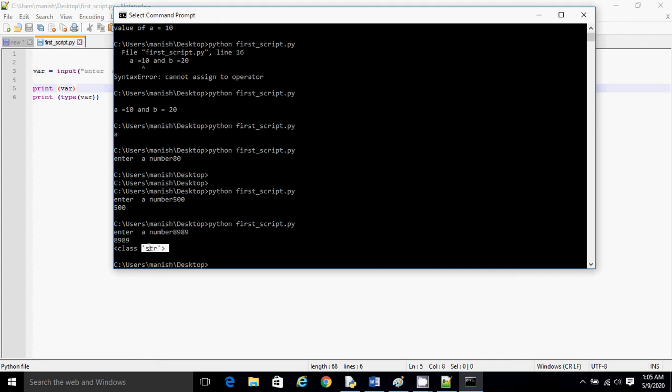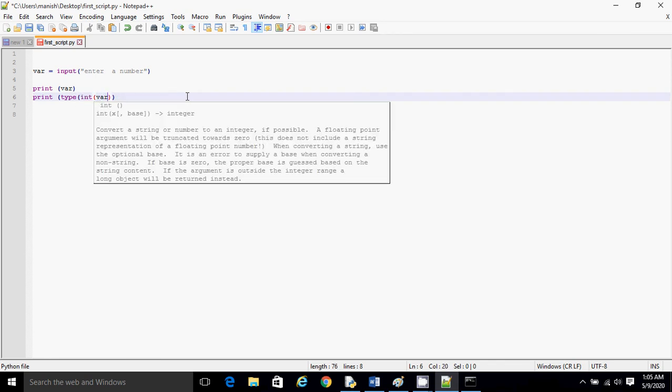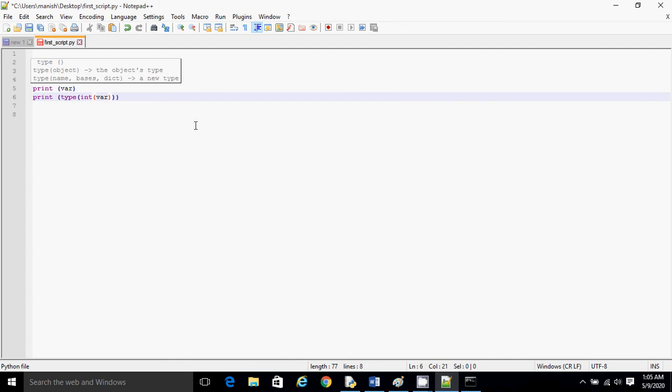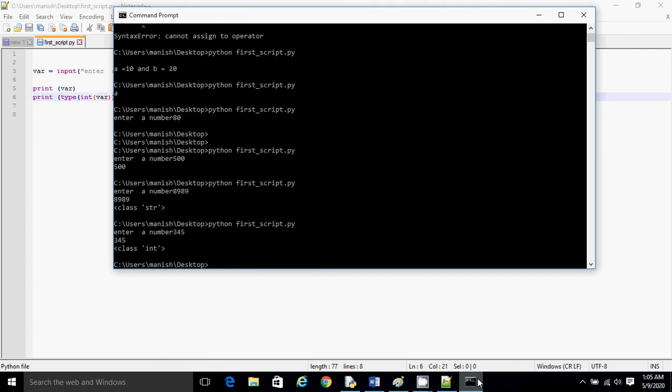So now suppose you want to take an input as an integer only. So what you can do, one thing you can convert this as a... here if I give int, and then if you try, it will convert into the integer. So this is called explicit conversion, right? It's converted to the integer.